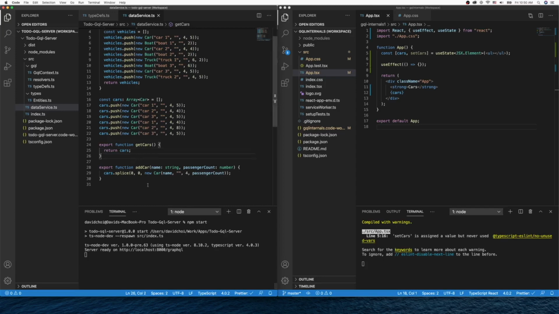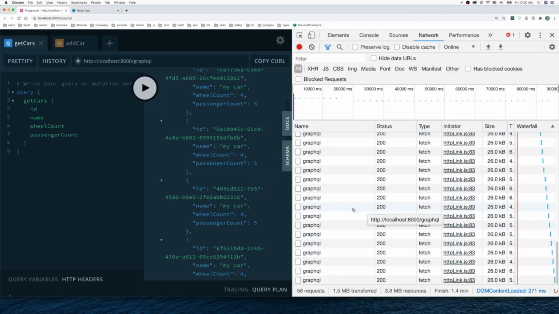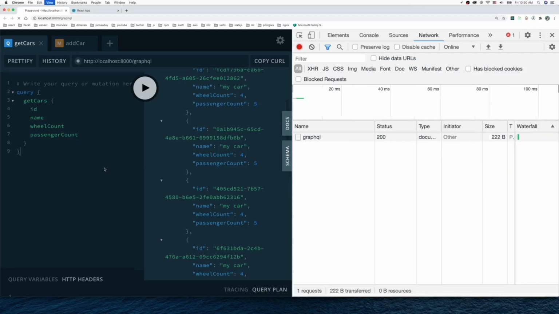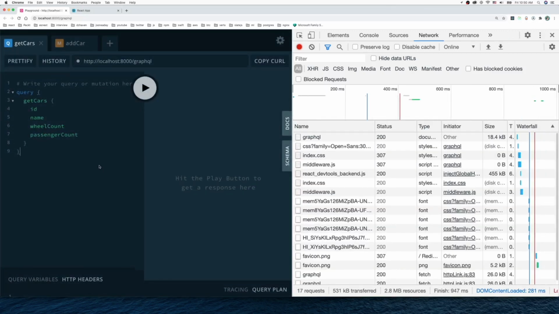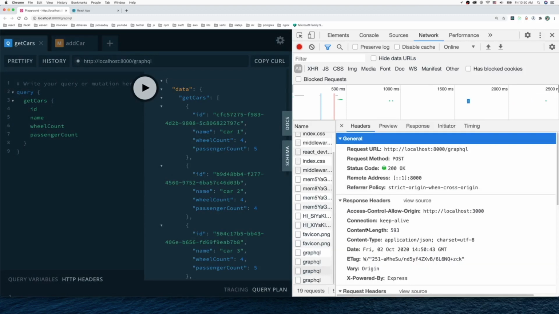This service is the GraphQL service from my last video about interfaces and unions. And I've just gone ahead and added a get cars query, which returns these cars, and then a mutation to add a new car. So I have this GraphQL playground right here. And if I run this query,